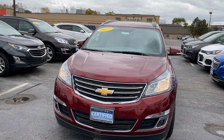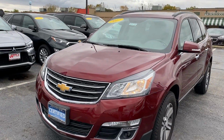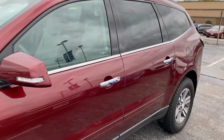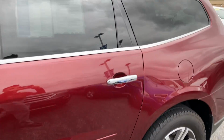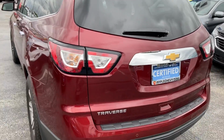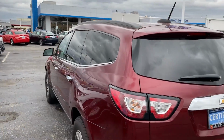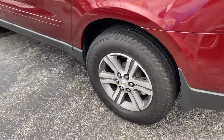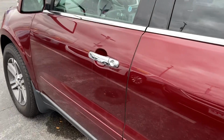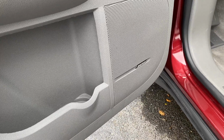Today I'm standing in front of my certified pre-owned vehicle pick of the week, the 2017 Chevy Traverse 2LT. This vehicle only has 22,723 miles on it and has never been reported in any accidents. This front-wheel drive vehicle comes with a 3.6 liter V6 engine, your back tinted windows, and 18 by 7.5 inch aluminum wheels. Now, when we get inside this vehicle, you can see that we do have our premium Bose audio